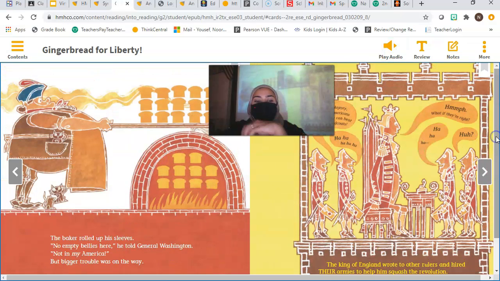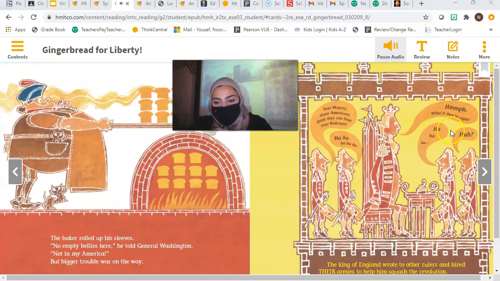Do you think that General Washington really cared about what they ate? No, he had way bigger things on his mind. He could care less what they ate. But the soldiers didn't like what they ate. They didn't like being there. Half of them wanted to leave and not fight because the food was terrible and they were always hungry. So how did the baker try to solve this problem? He said, I probably can't fight anymore. I'm too old and fat, but what can I do? Everybody, what? Bake. He can bake. He can help by making better food.